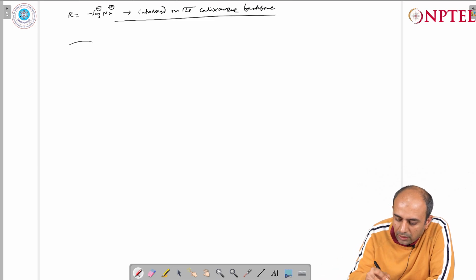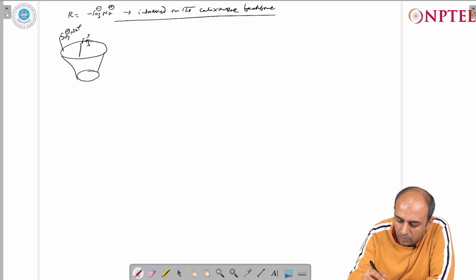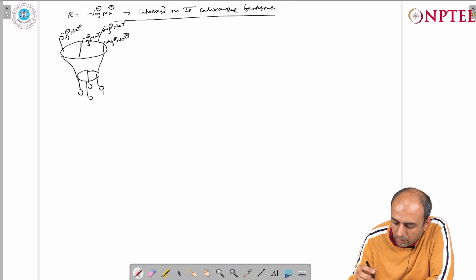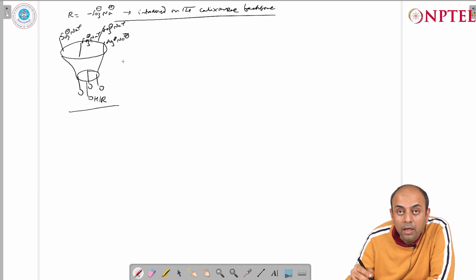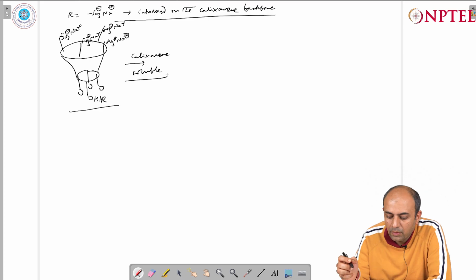So, now you see that we are going to have a calixarene which is having SO3 minus Na plus groups. And the oxygens are sitting here. You can have these OH or you can have it as R, but now you have got the sulfonated groups, and this makes the calixarene soluble. And also because it is now soluble in water,